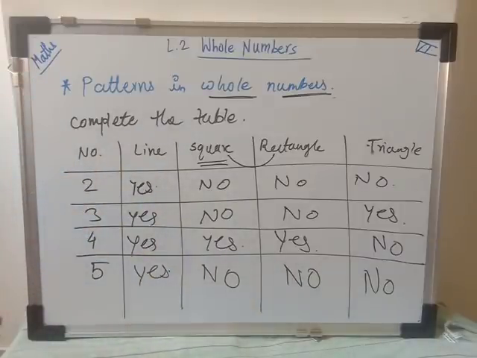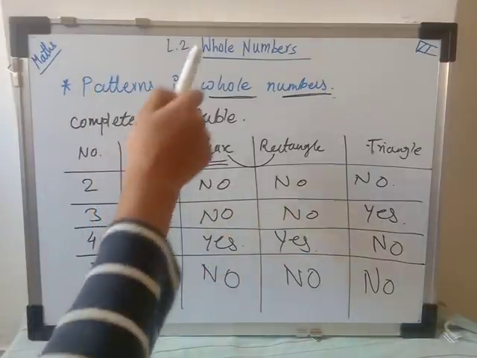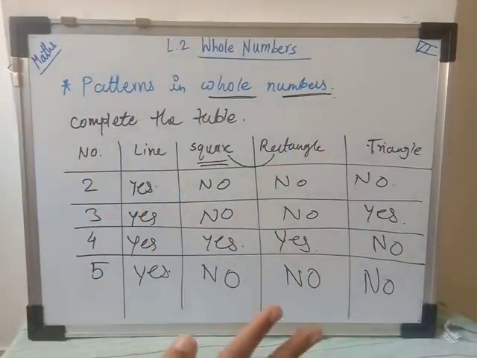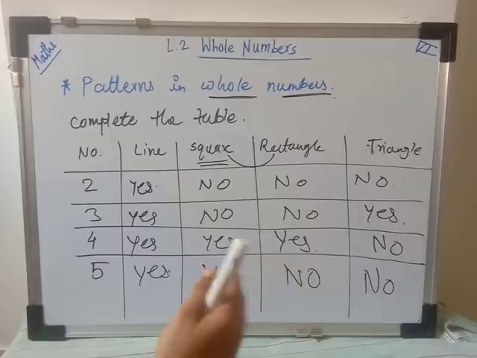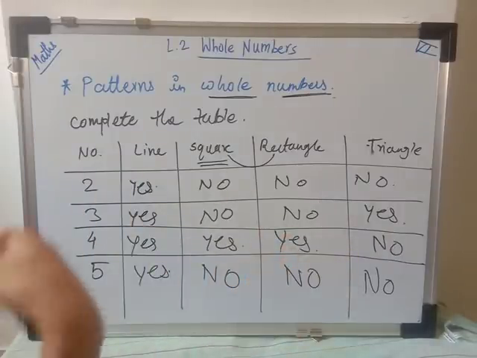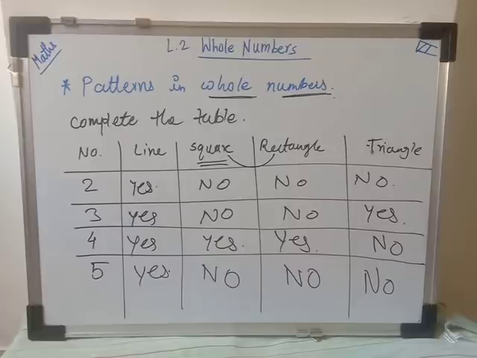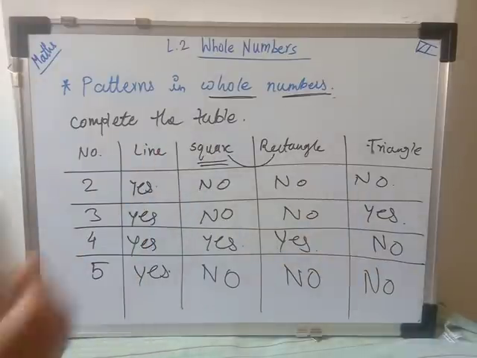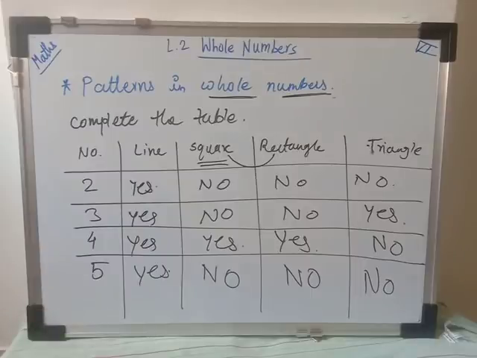You have to draw the table and arrange the dots of those numbers in such a way that you can see where you can make a line, square, rectangle and triangle. After doing that you have to decide yes, we can make a triangle of that number, for example of 6 or any other number you can take. So this is your practice work. You can do it in your notebook. I don't think you need any help for this. I hope you have understood how to make different elementary shapes using dots for the whole numbers. Now let's see the number patterns.